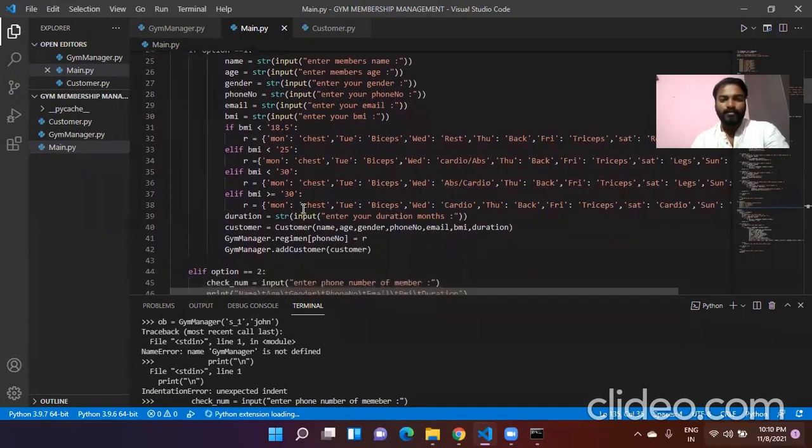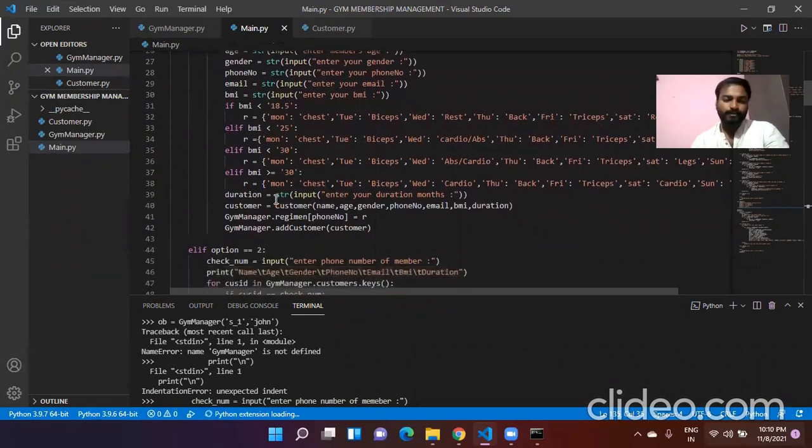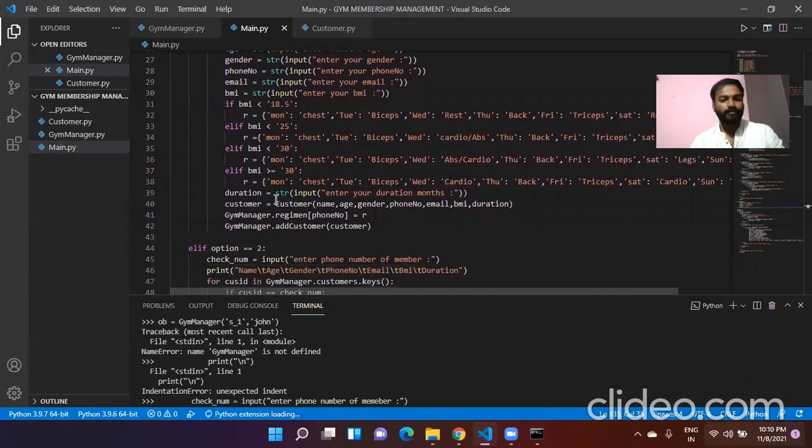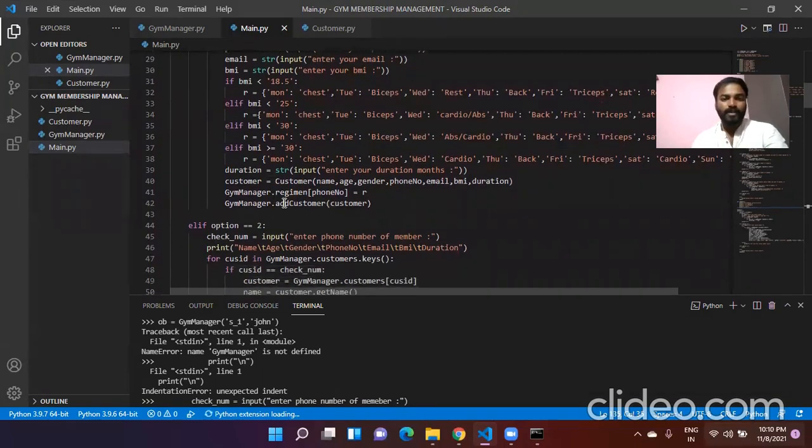So we can also update and delete a member also. Here I take a customer with keys name, age, gender, phone number, bill, BMI, durations, and we take gym member dot regimen with phone number as the key equal to R.